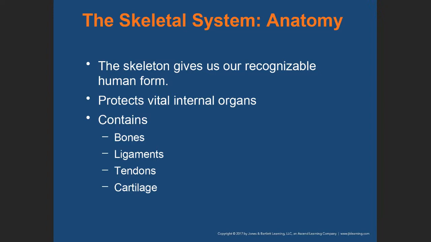It is comprised of bones, ligaments, and tendons. Ligaments connect bone to bone, and they provide stability within joints. Tendons connect muscle to bone, and when the muscle contracts, we get coordinated or controlled movement of the limb or an area of the body. Cartilage is the protective covering over the bone ends to prevent friction, so it prevents the bone ends from rubbing together.